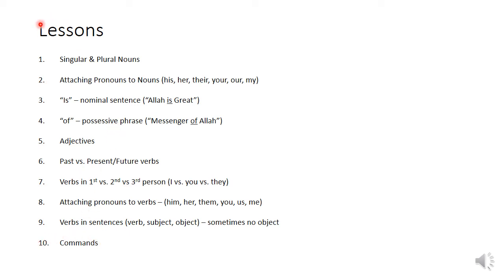So this is a summary. Throughout the course, we need to learn these 10 lessons and we need to learn the 150 words. That's the purpose of the course. We're going to be learning 150 words, but to use those words, you need to know how to use them. These are the main lessons. These aren't all the grammar that you need to know with Arabic. Arabic is quite complex. There are a lot more rules that we haven't covered here. But these are the ones that occur the most, the most prominent rules that we need to cover.